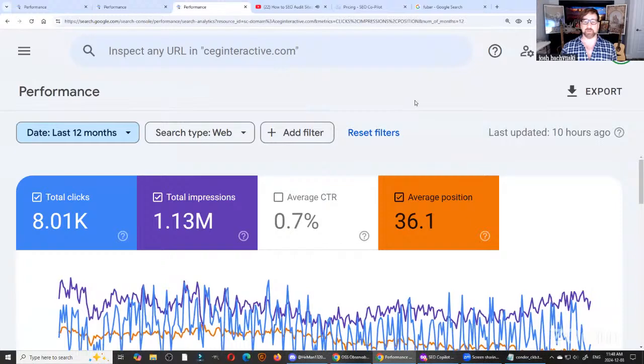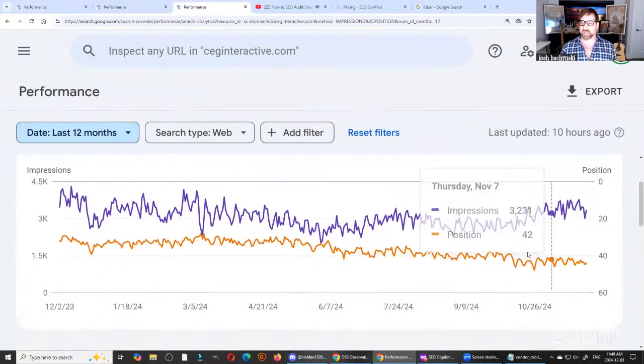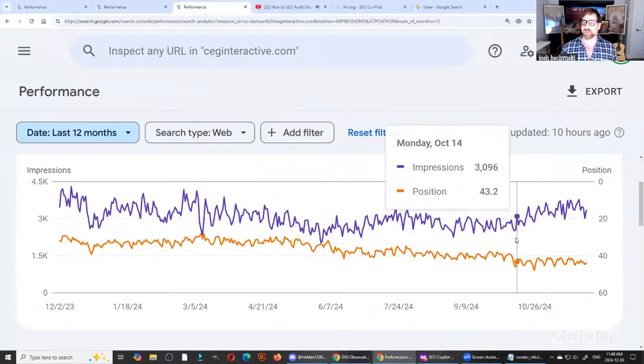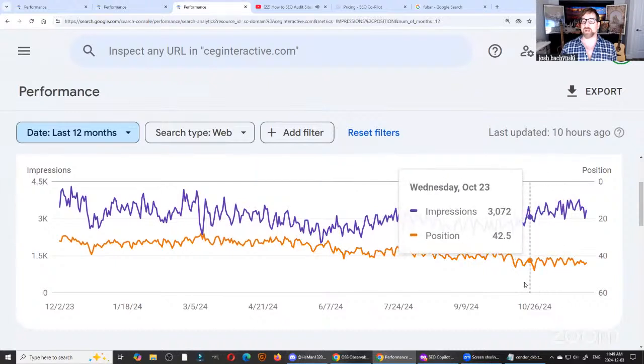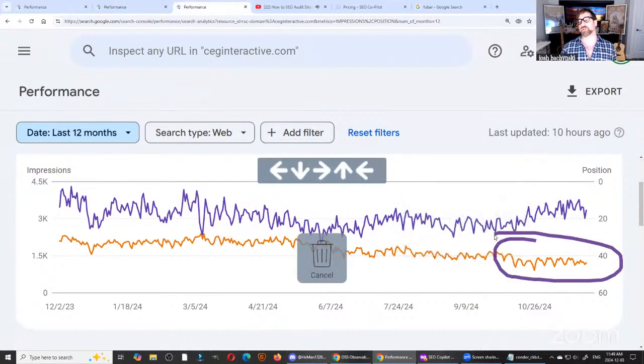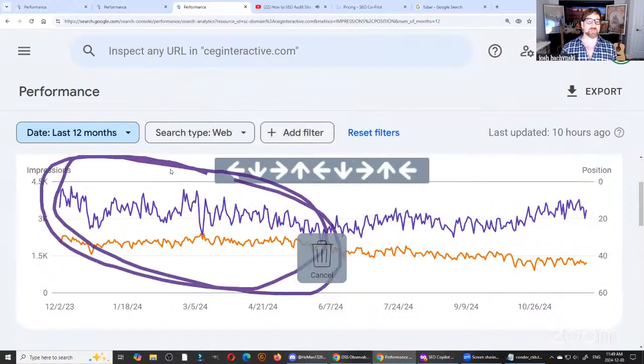Here's another example of a site that's been doing better. Turn off the clicks. This is another site that I've been doing SEO for. Been building content and various other things. Look, the impressions are going way up. These rankings are going down because they're ranking for more keywords. So that's what you want, right? We haven't recovered from where they were, so there's definitely still more work to do.